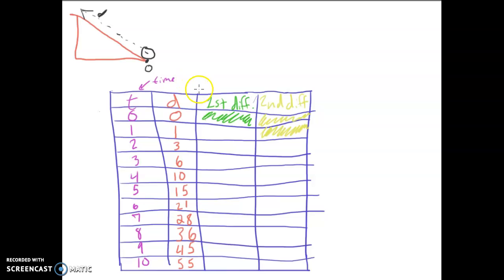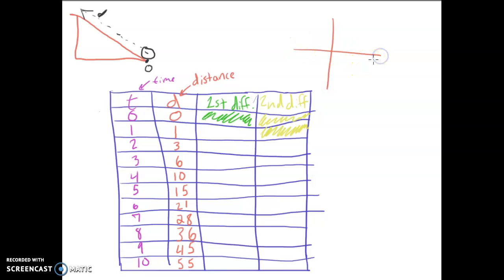And then you are meant to calculate the first difference and the second difference. Then, if that was too easy, or if you want a challenge, what you can do is if you would